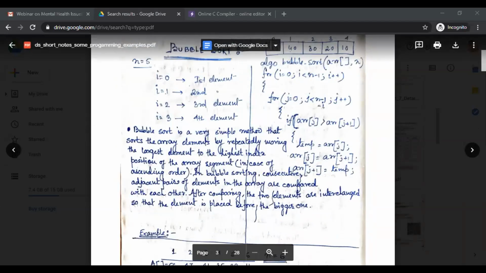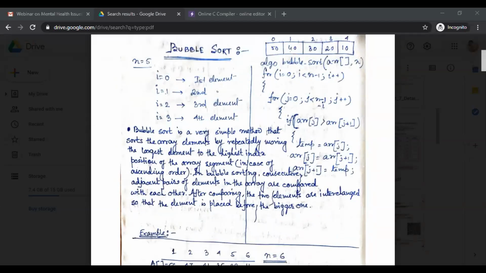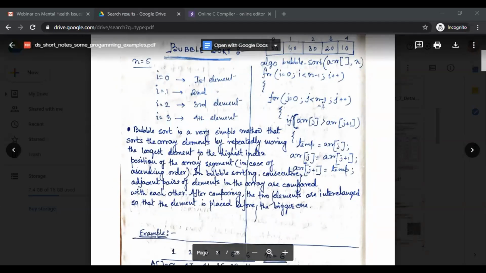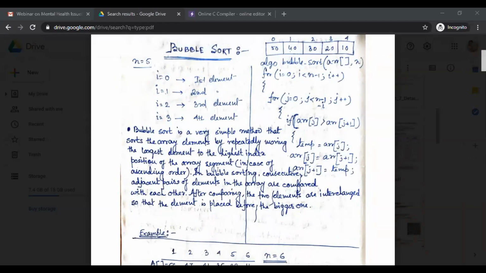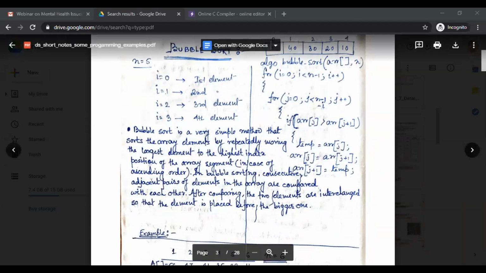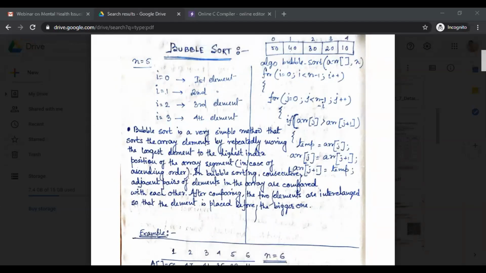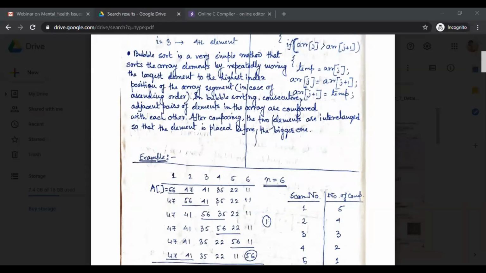Bubble sort is a very simple method that sorts the array elements by repeatedly moving the largest element to the highest index position of the array segment, in case of ascending order. In bubble sort, consecutive adjacent pairs of elements in the array are compared with each other.